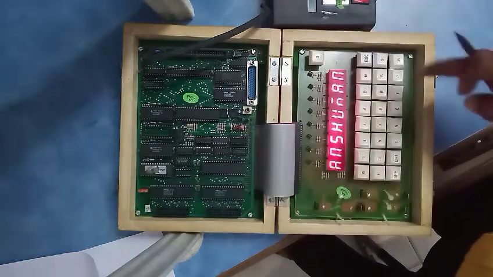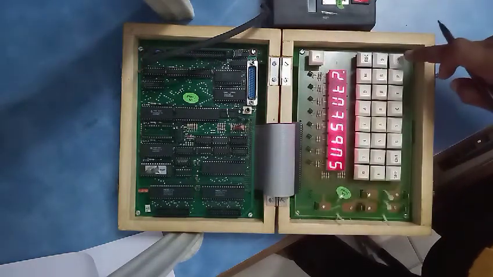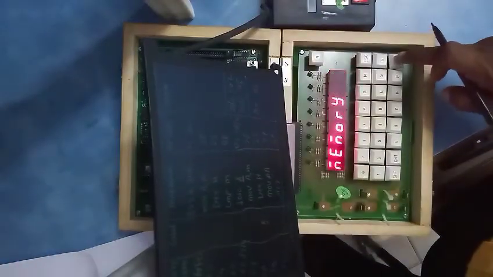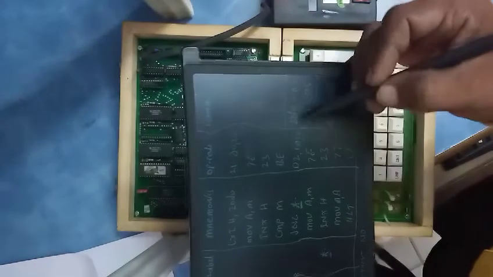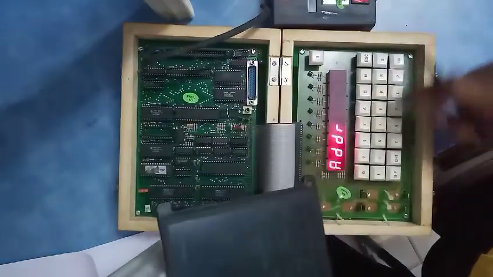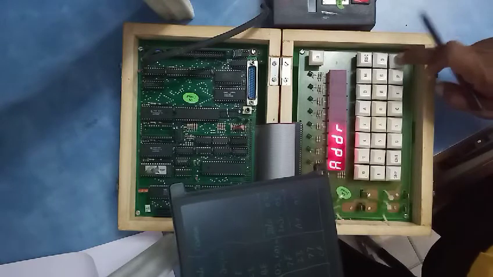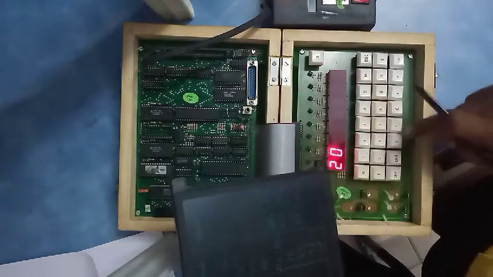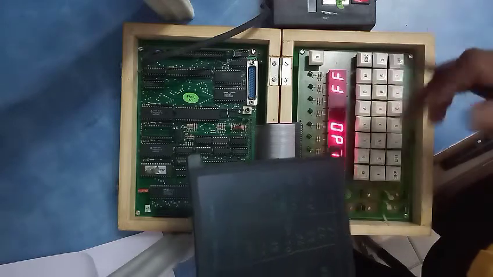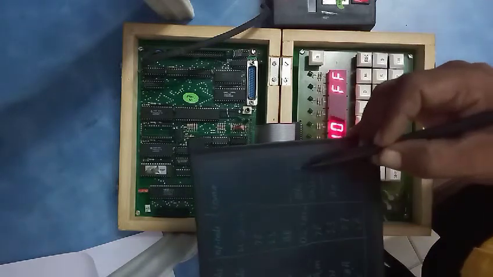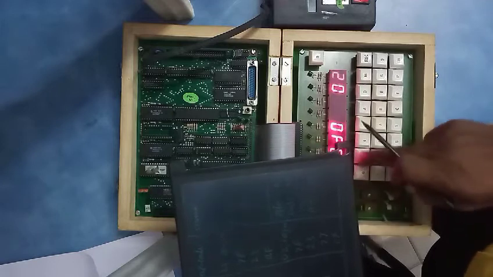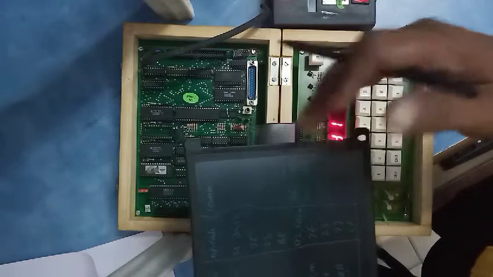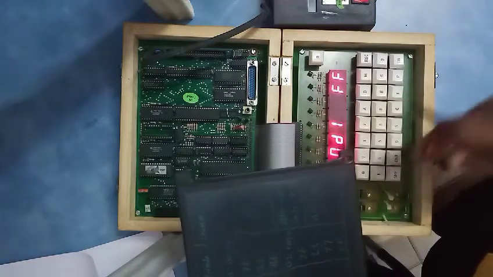First you have to press the reset button, then S, go for this address, CR. First you have to write down the 20D0 address. In this 20D0, what you have to write down? 02, or any number you may write down. Whatever number is larger, it will be displayed in this accumulator as a result.